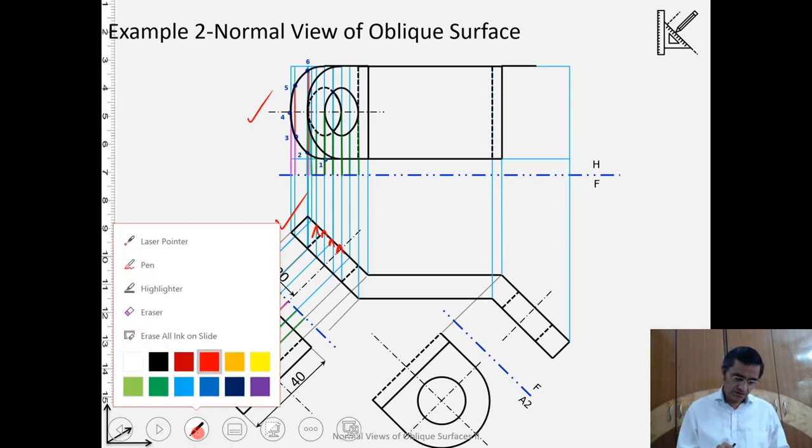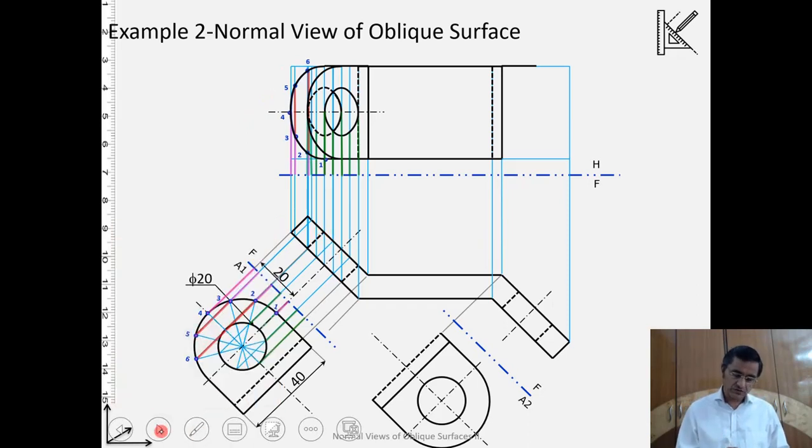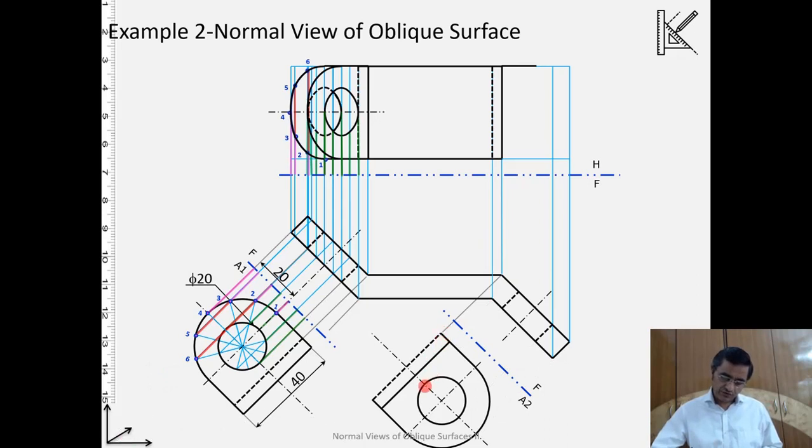The same thing can be done now on the other side also. So let us do it here. So please note over here, again we will be taking the projections corresponding to different points.